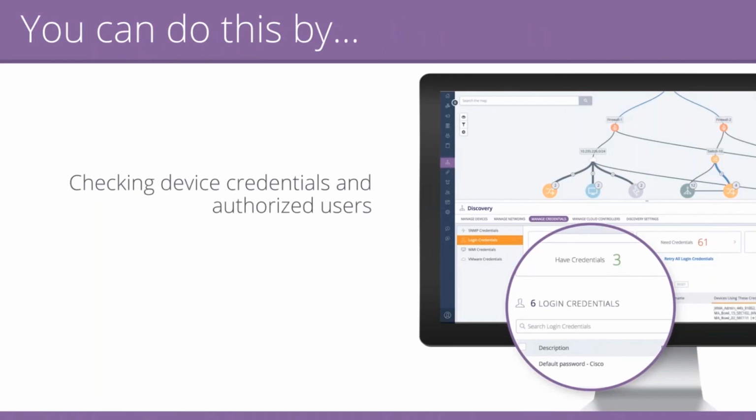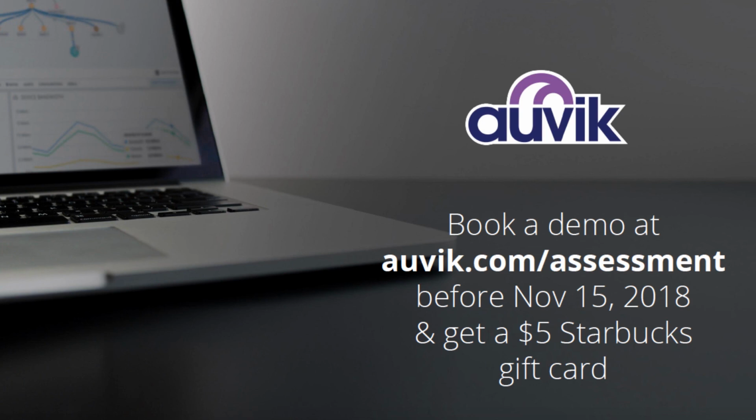network. So, a very simple example: default password Cisco. This is a partner that shared this screenshot with me. This was one of their clients' networks, and this is what they saw. This was a perfect opportunity for them to say, okay, here's one super easy takeaway that you can do to better secure your network. So overall, that's how you would use Auvik to do some proactive work when you're doing a network